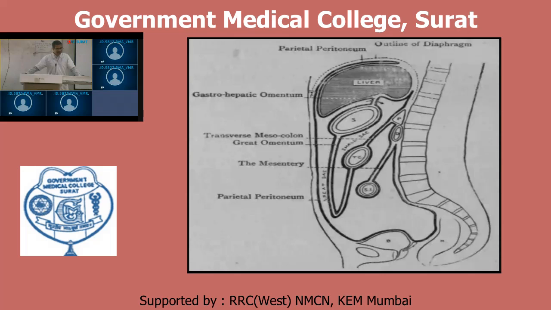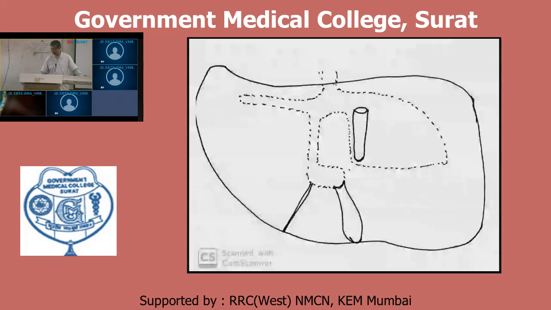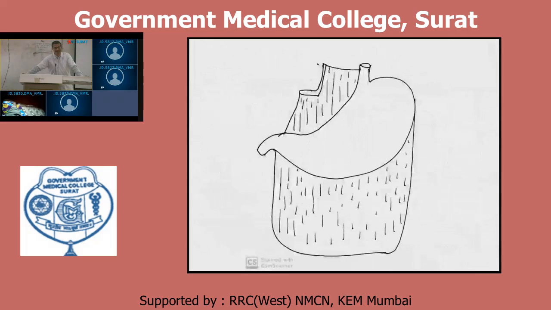Now next, there is a reflection in relation with the liver. You can see here in simplified, diagrammatic form, there is presence of the lesser omentum and greater omentum. You can see there is presence of the stomach in relation with the upper aspect. What is this? This is the lesser omentum and this one is the greater omentum. Now in relation with the lesser curvature of the stomach, there is attachment of this lesser omentum. Upper margin shows attachment on the liver.